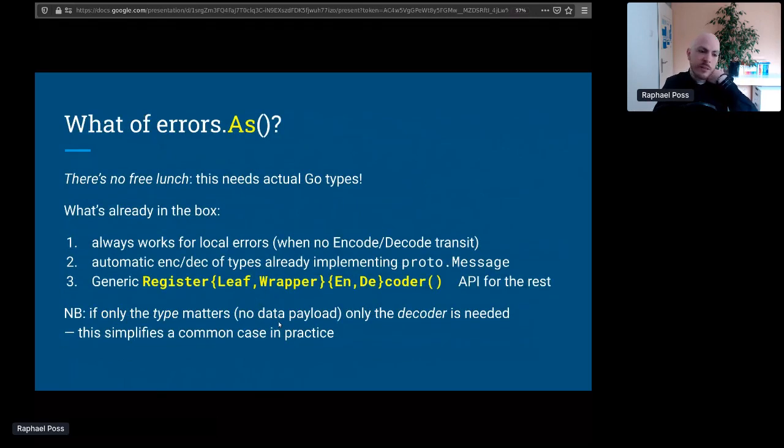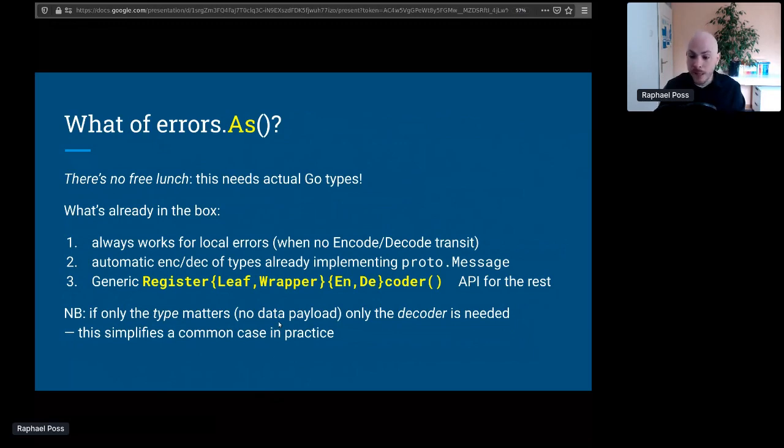Errors.As is the other part of the standard library that also powers the errors.Is operator. That's a bit more complicated because this really needs Go types. It's not just an equivalence relationship. And if you want to have Go types across the network, there is no magic here. We need to actually decode the messages into and instantiate local Go types properly.